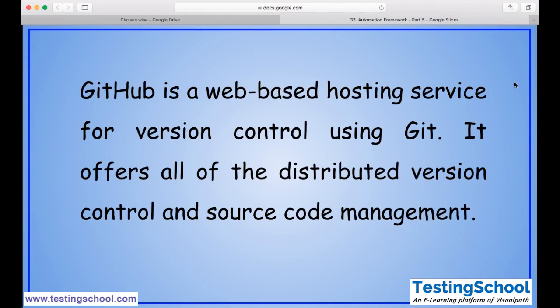Let's assume you're done with some 10 files, otherwise 2 tasks, and you push the code to GitHub and you started working on some other task. In the middle something happened, your machine crashed. Then what happens to your entire code? You don't need to worry if you're using GitHub. You will lose only the code which you are presently working on, but the previous code you are already maintaining in the cloud. So from there you will get that version of the code, ready with all the changes